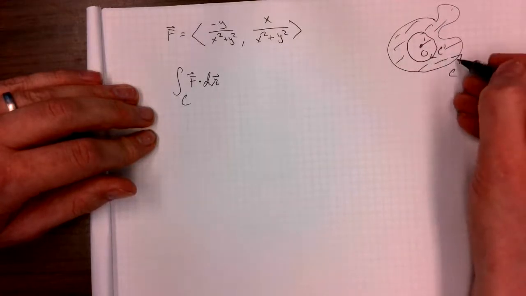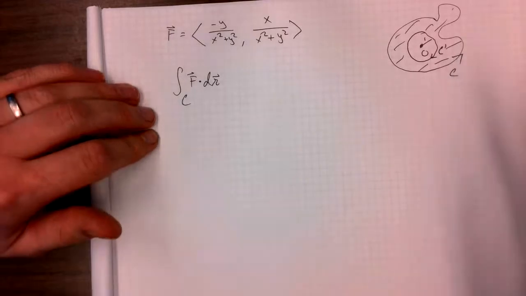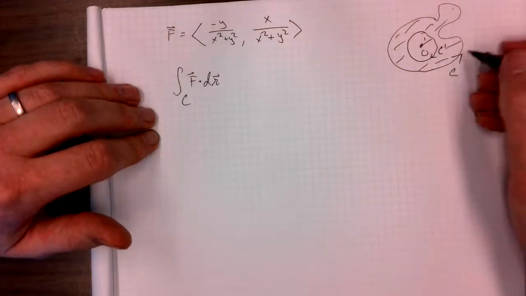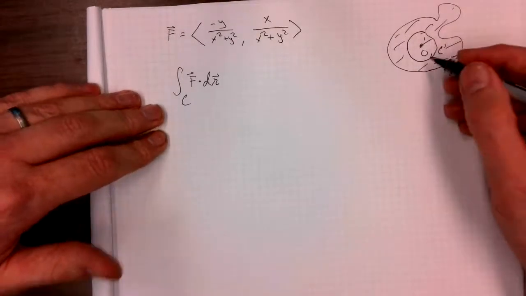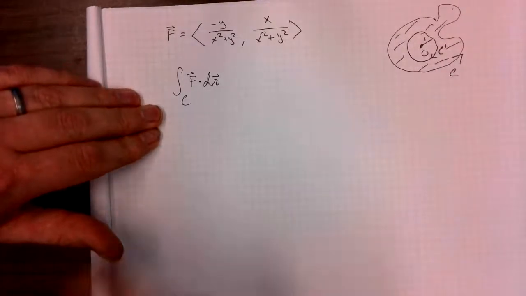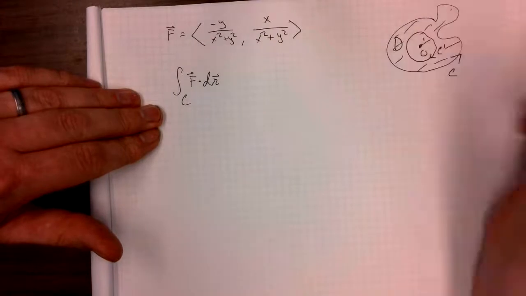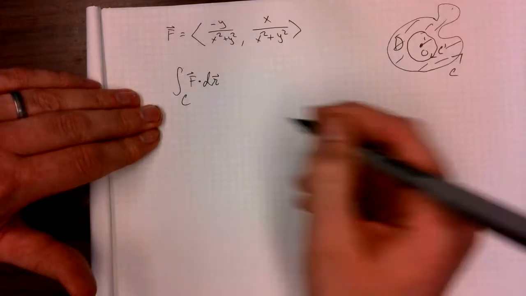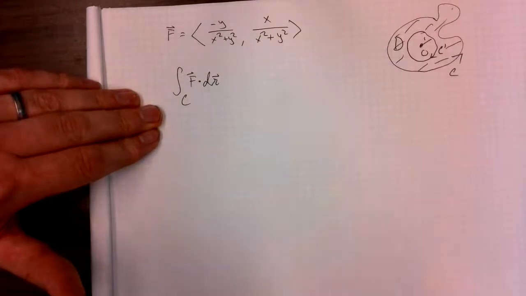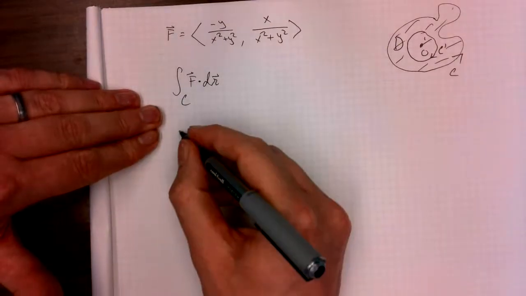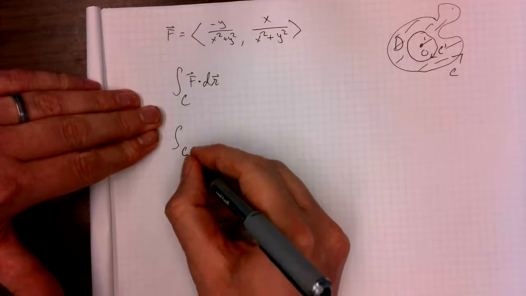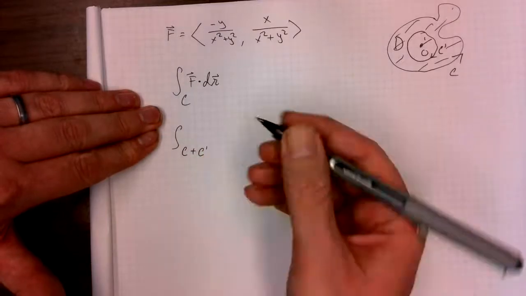The region is always on my left, so this is the correct orientation on this guy, right? And so if I call D the region in between, I get by Green's formula that the integral over C plus C prime